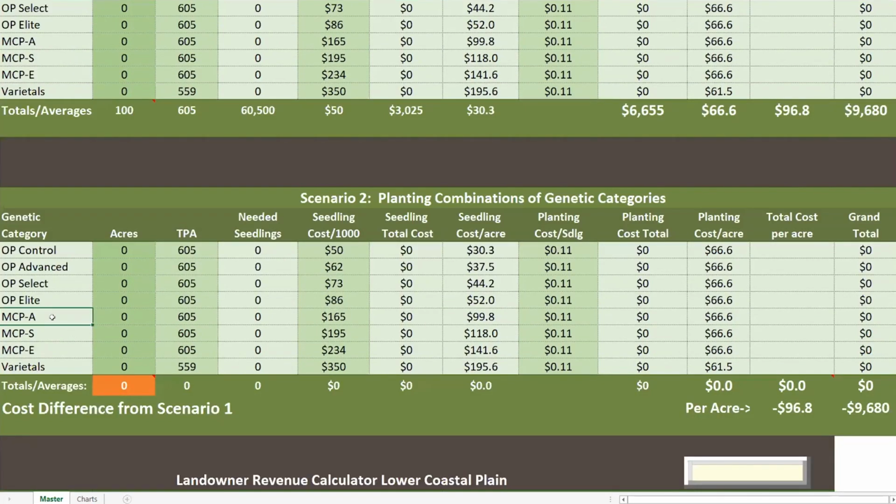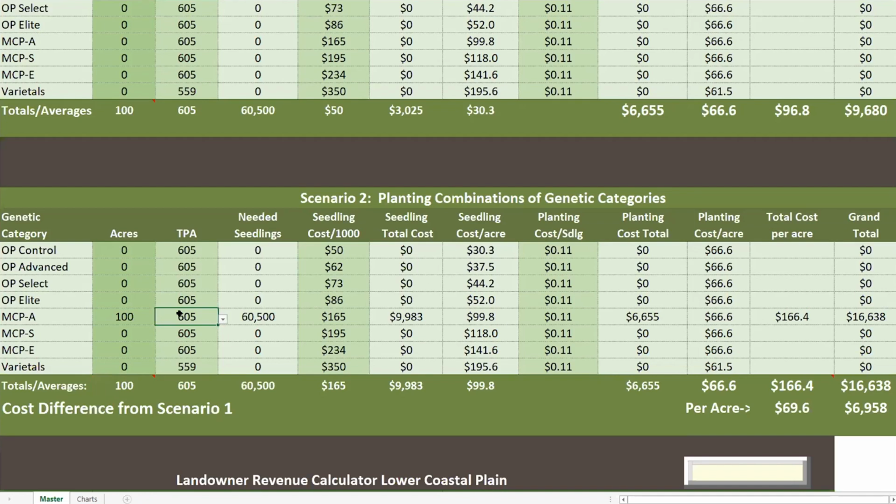So we'll pick the MCP Advanced. I know we have inventory of that available for this year. Let's put in 100 acres. Now, MCP produces very high percentages of saw timber per acre. And because of that, it means there are fewer defective trees and we don't need to plant quite as many. So let's back that down to 545 trees. So now we're at 54,500 trees. A seedling cost of $8,993. The planting cost has actually gone down because we're planting fewer trees,